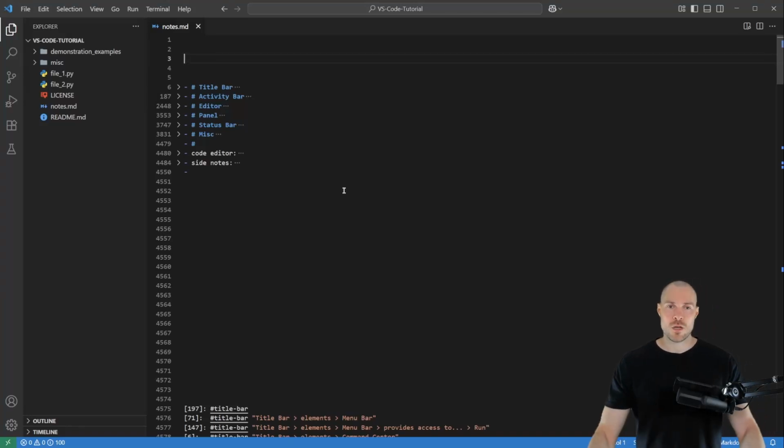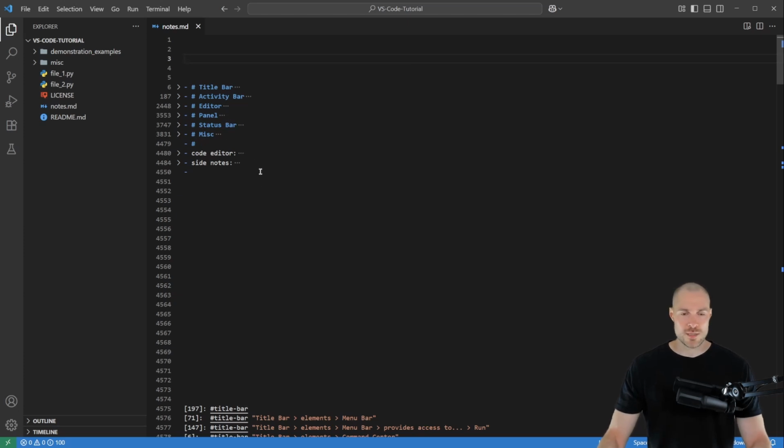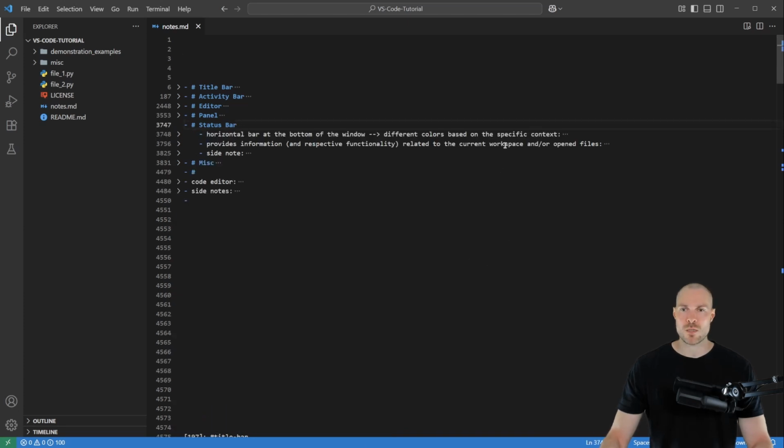And in this video we're gonna go over my notes for the status bar in VS Code. So what is the status bar? It's this horizontal bar here at the bottom of the window, and depending on the specific context, this bar can